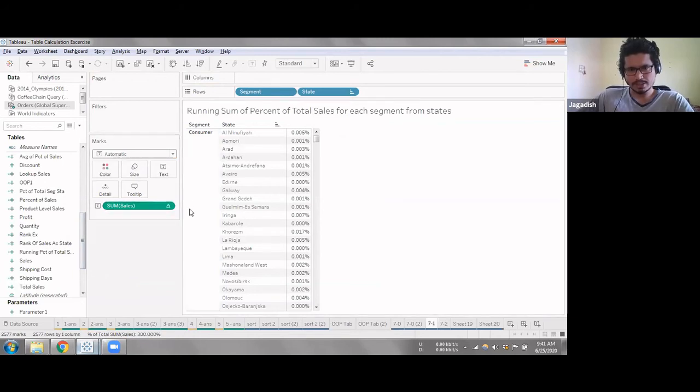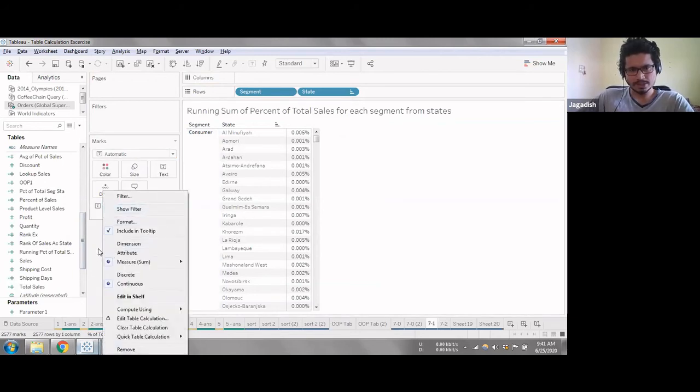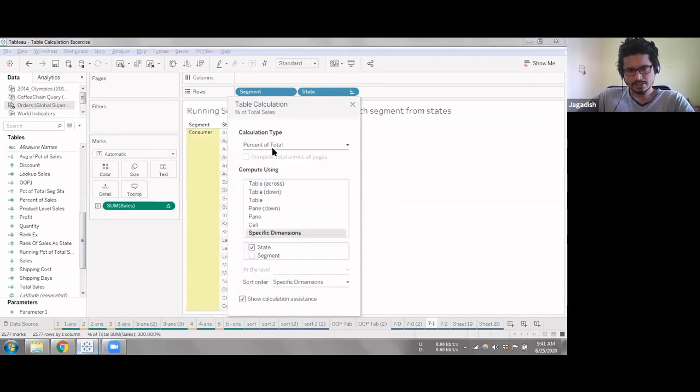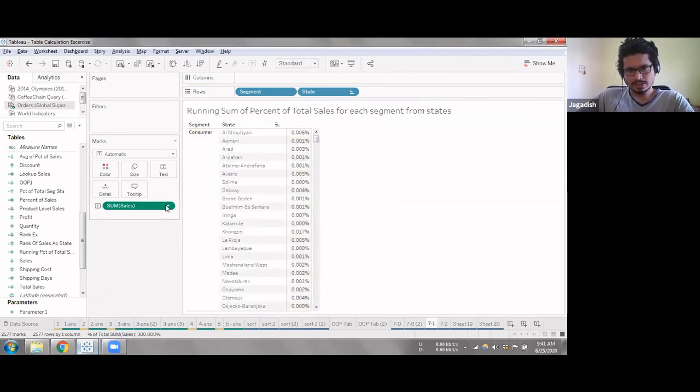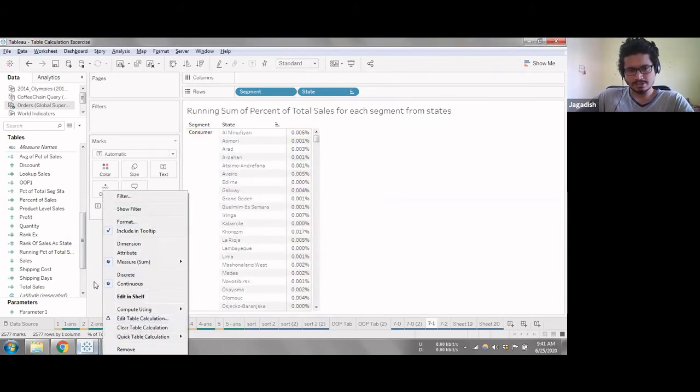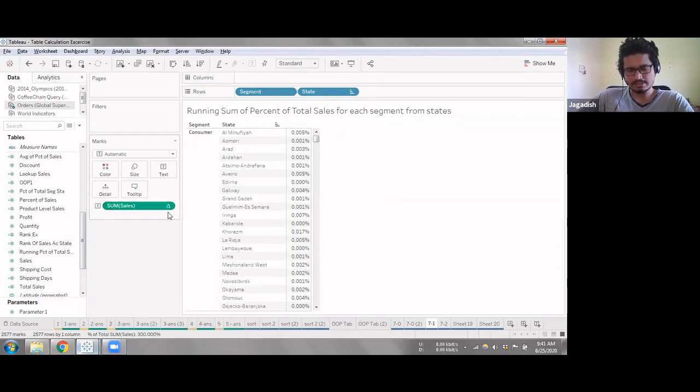The reason I wanted you to think about this is, see, simple. The options that we are seeing here, the edit table calculation, don't think these alone are the table calculations. These are just to keep you handy. The quick table calculation and edit table calculation here are just the table calculations that you can make quickly. So if I want to achieve that, what I should do is first save this particular field that gives me the percentage of sales as a field. Let me save that.